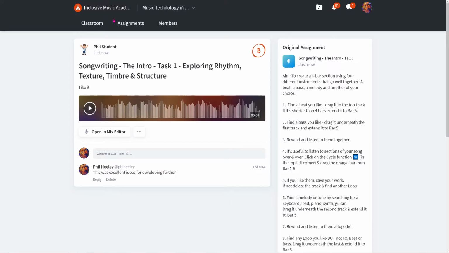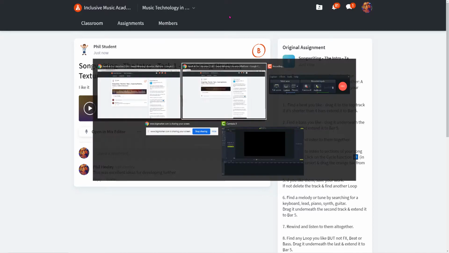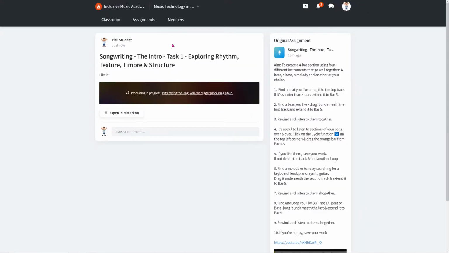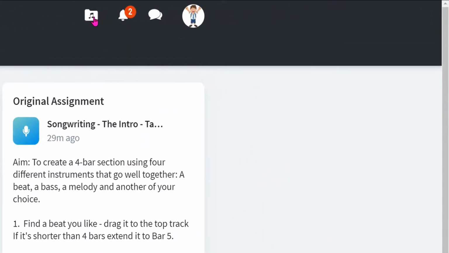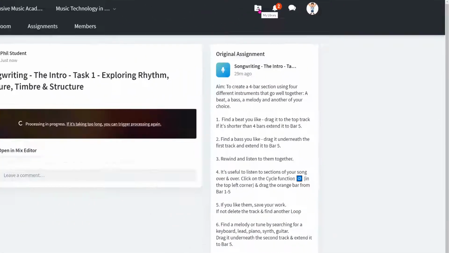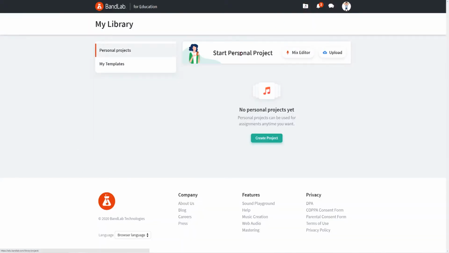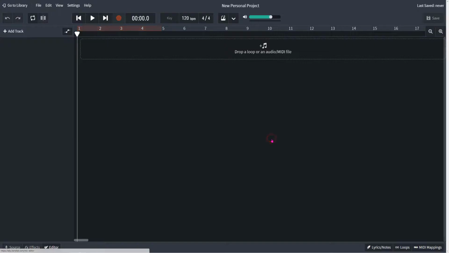So let me just show you a few more things that can happen. For example, go back to my student. They don't have to go into BandLab by just doing a task or an assignment. If they go to the top right hand corner, they can go to their own library and start a personal project. Anytime they want, they can write some music. They can go into create project,